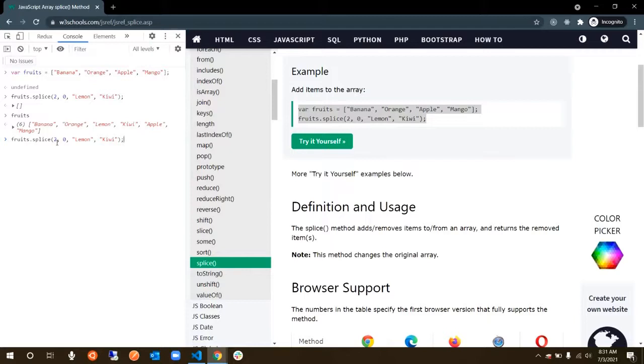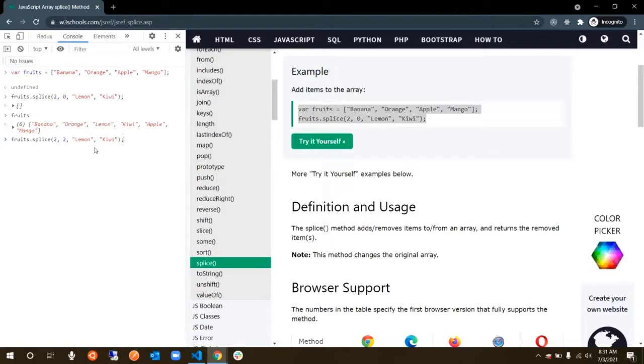I said this is the starting index, this is the number of elements to delete, and these are the elements you can add. So with whatever I've talked to you about, can you tell me what I need to remove from here and what I need to change? I guess that 0 goes to 2, because you are removing two elements, correct? Absolutely fine. And then, so will this work?